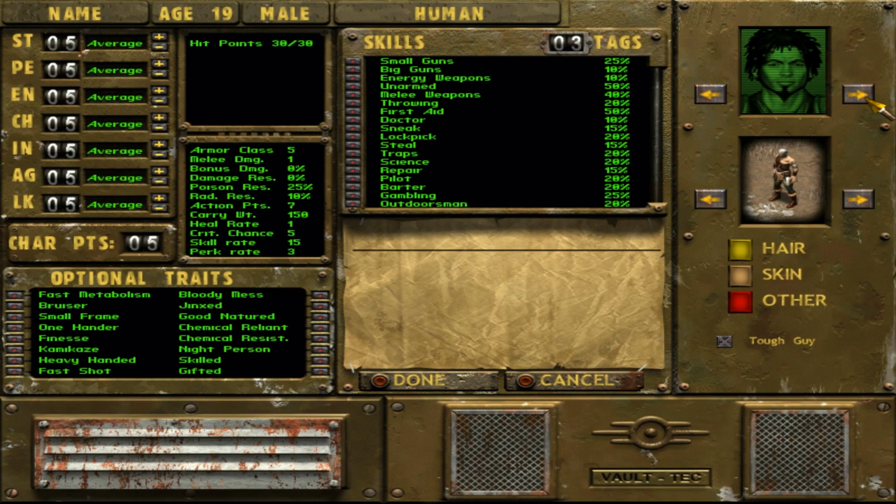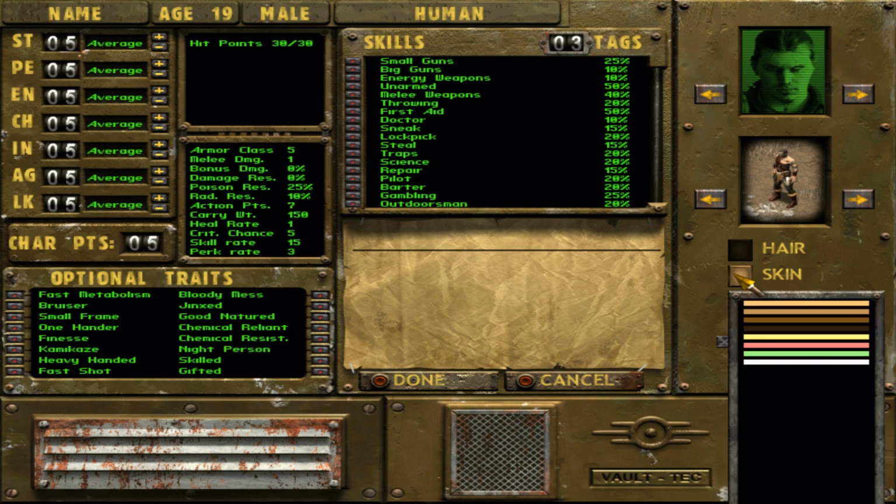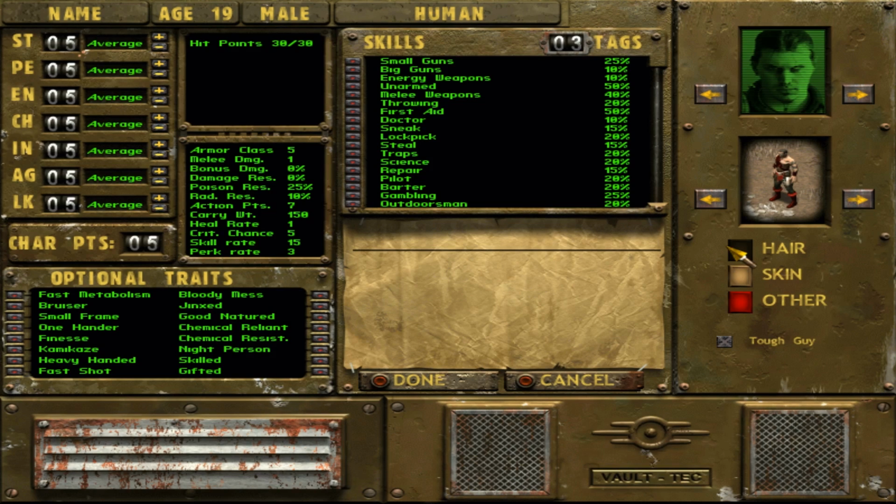Let's see if we can find a good picture. Ooh, I quite like him. Oh, I do like a scar through there. Let's go with him. His hair is going to be kind of darkish, obviously. Although, obviously red. Because...